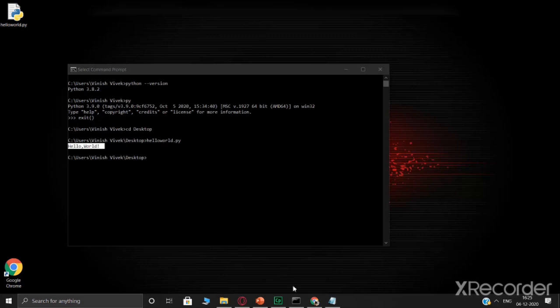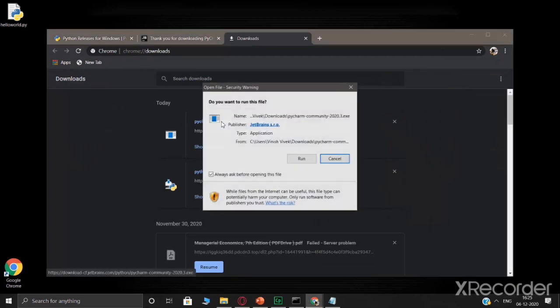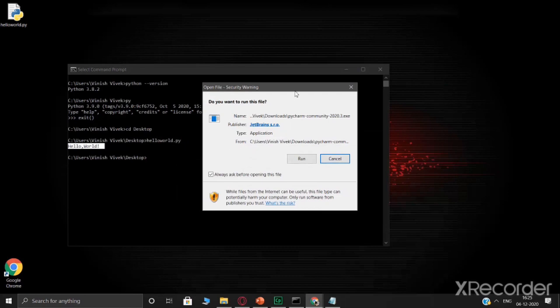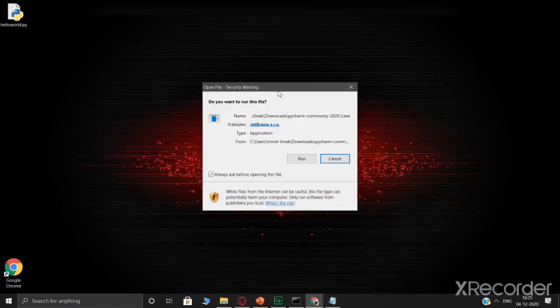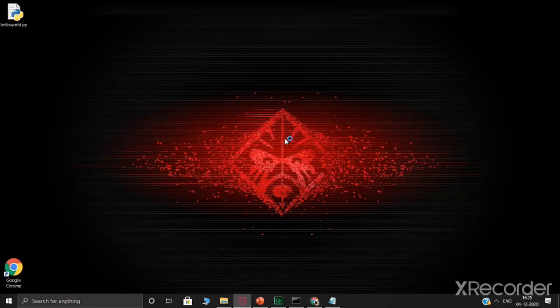But we're going to be making use of the IDE. You'll see how to do that. But let's go check if our IDE is done. Alright, it's done. So let's click on this. It's a simple step installation process. All you got to do is hit run, next and next and so on. So we'll hit run now.